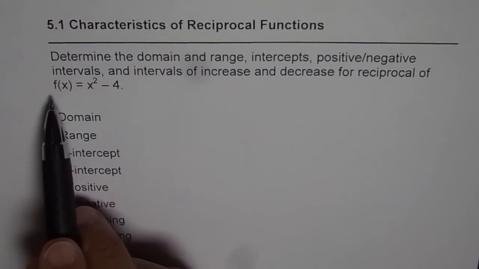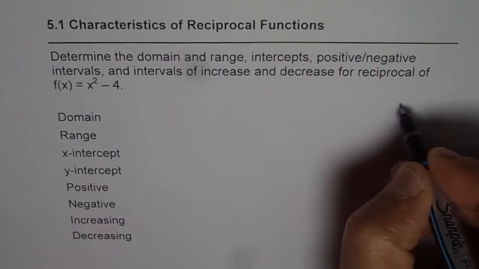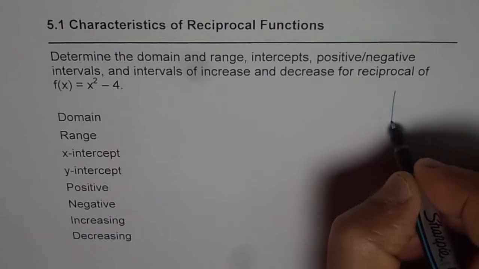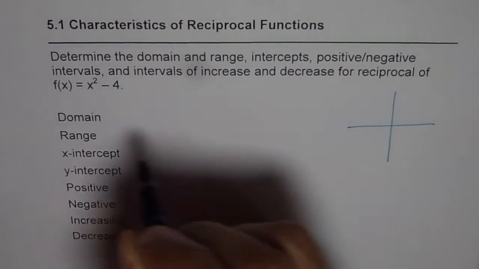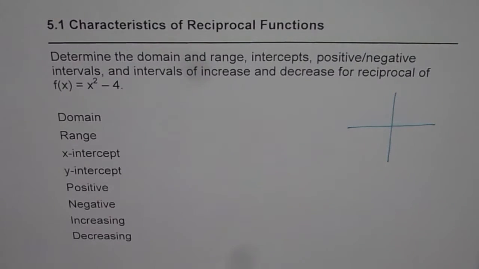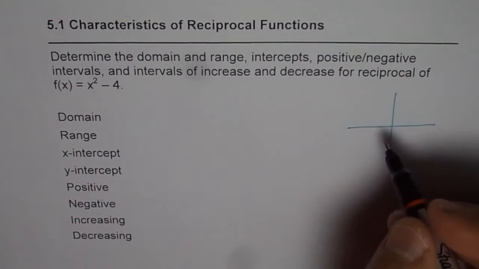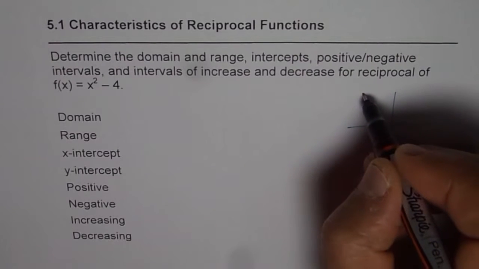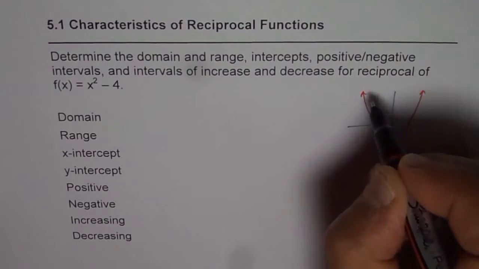So let us first consider the function itself. What I will do is sketch the function and then we will see how to sketch the reciprocal of that function, right? So I'm just making a rough small sketch for the function. We'll look into details of sketching later. Now first part is the function, which is x squared minus 4. It is a parabola which is kind of like this, where